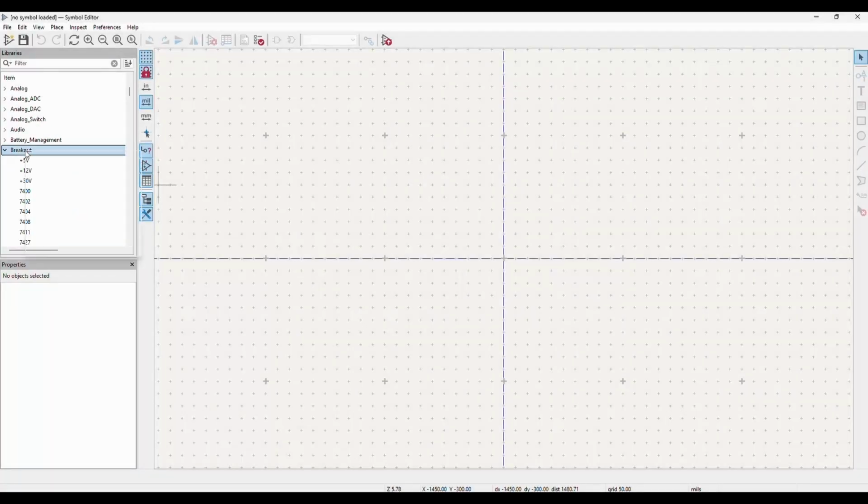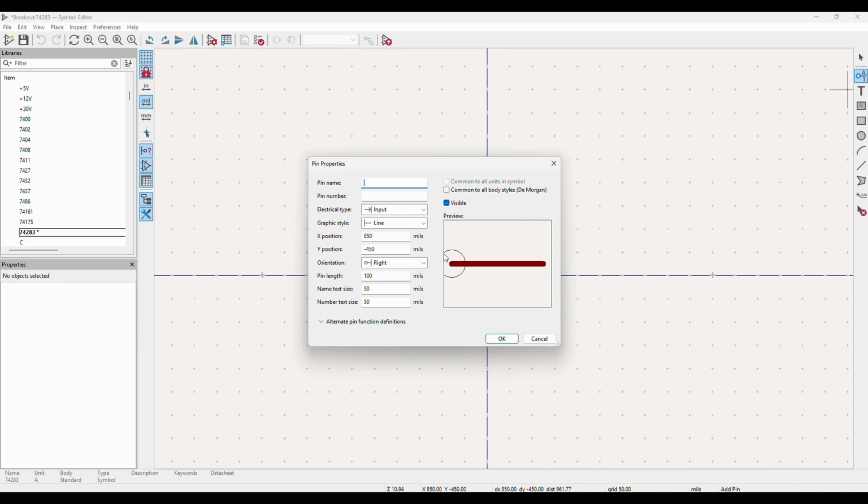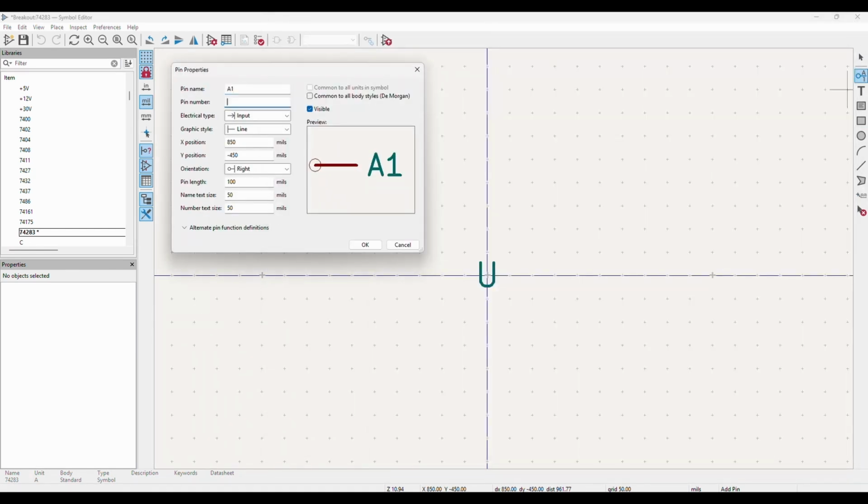Let's add this logic to our schematic. We'll make a custom 74283 that resembles the legacy part.